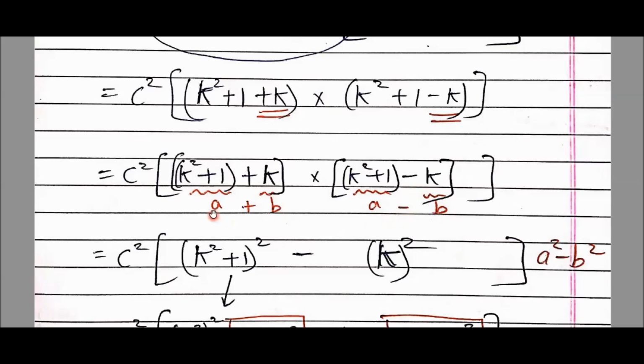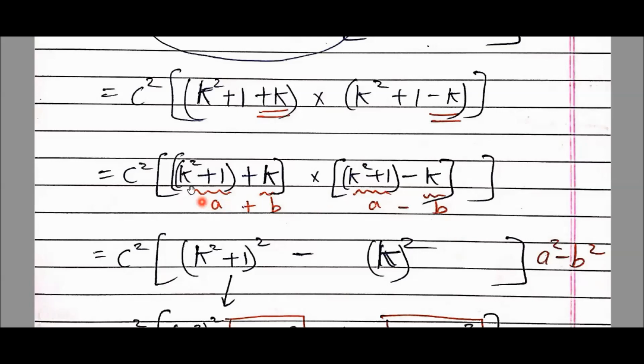So students, you realize this? A plus B is one bracket, बीच में multiply. Then A minus B is another bracket. So from our childhood, we are learning this formula. A plus B multiplied by A minus B. What's the answer? Answer is this. A square minus B square. A plus B multiplied by A minus B. Answer is A square minus B square.